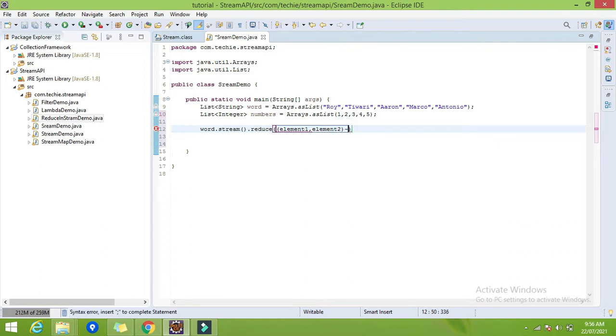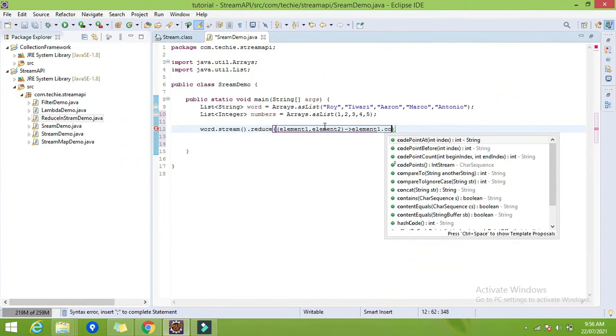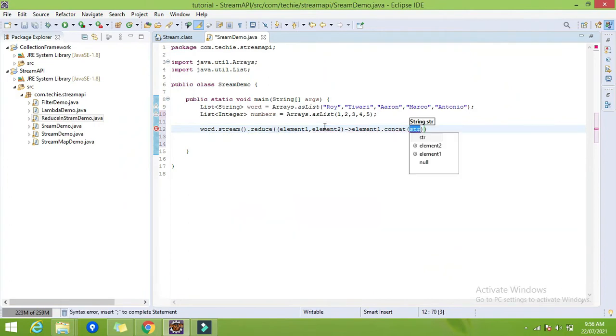Now I have to write the body. After the arrow comes the body of the function. So what do I want? Concat. So element1.concat(element2). So that's it, it will return.